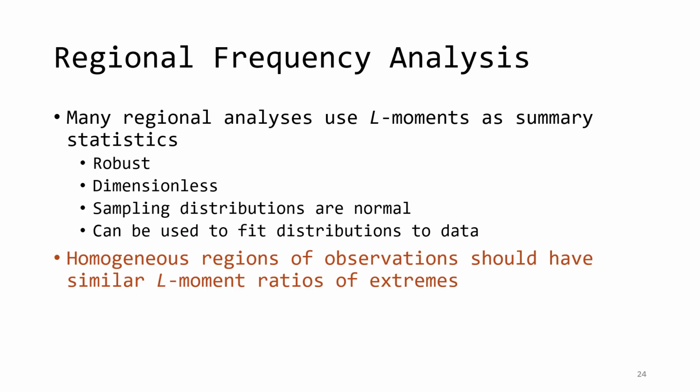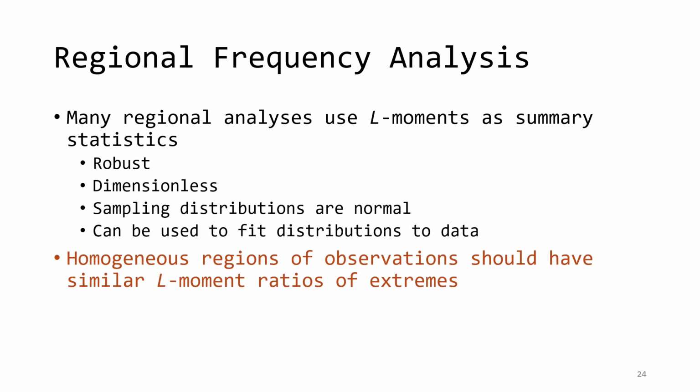First, they're robust to some of the problems that we see with product moments, and several studies have shown this. Their dimensionless nature makes them easy to compare across a large number of sites. When we want to analyze the uncertainty in a sample L moment, we find that their uncertainty distributions are normal, a property we don't have in product moments. And finally, we have robust methods for estimating population probability distribution parameters from L moments, which helps us build our